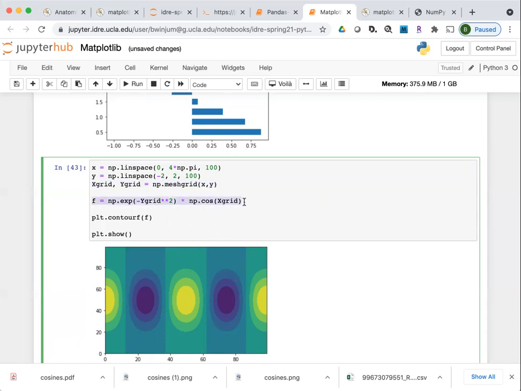And then F, this particular function, is exponential in Y. It's like a Gaussian function in Y, and cosine in X. So this is plotting a contour plot, plt.contourf, and all that we pass into it is the function with those values. Not the function itself, but the actual values that are generated by this particular equation.